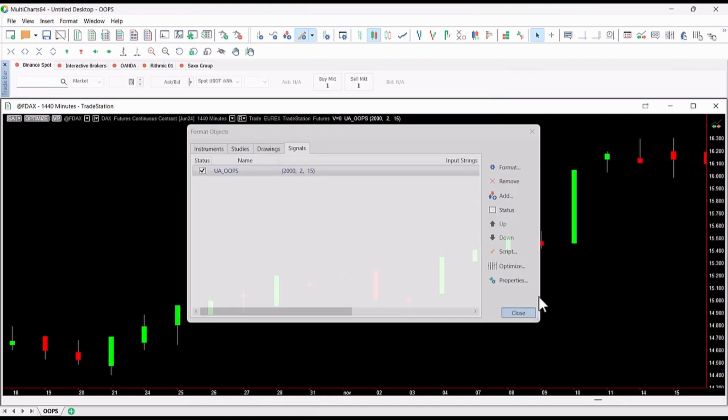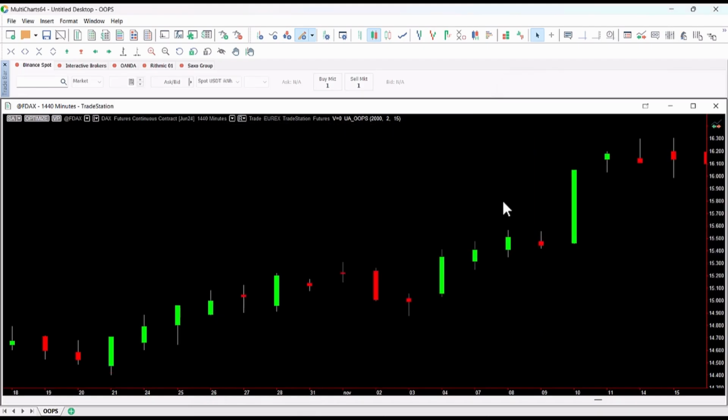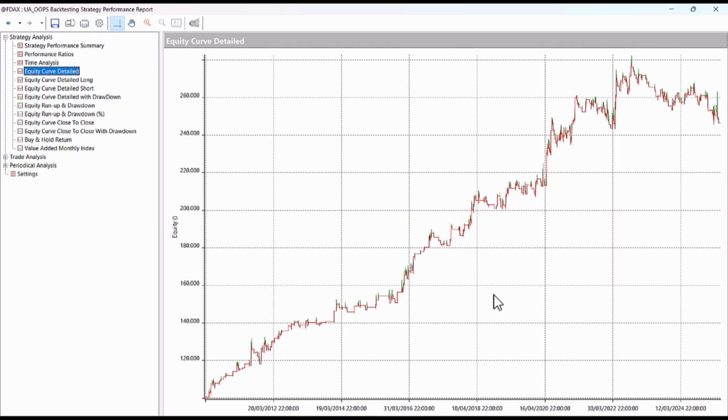We'll change the input we discussed earlier and review the updated results. Here's the overall equity line, definitely more consistent than the previous one. That makes sense since the entry conditions are more restrictive, thanks to the additional filter requiring a minimum 15-point gap. However, the overall pattern remains the same.